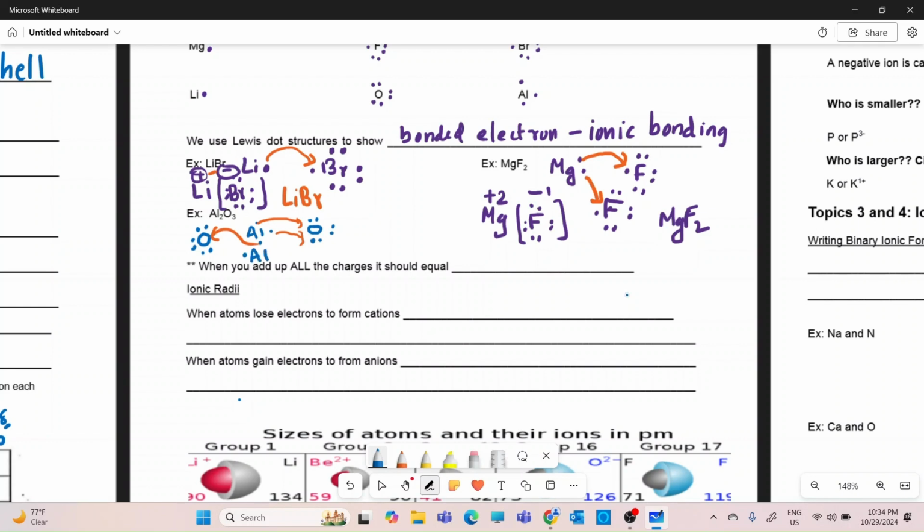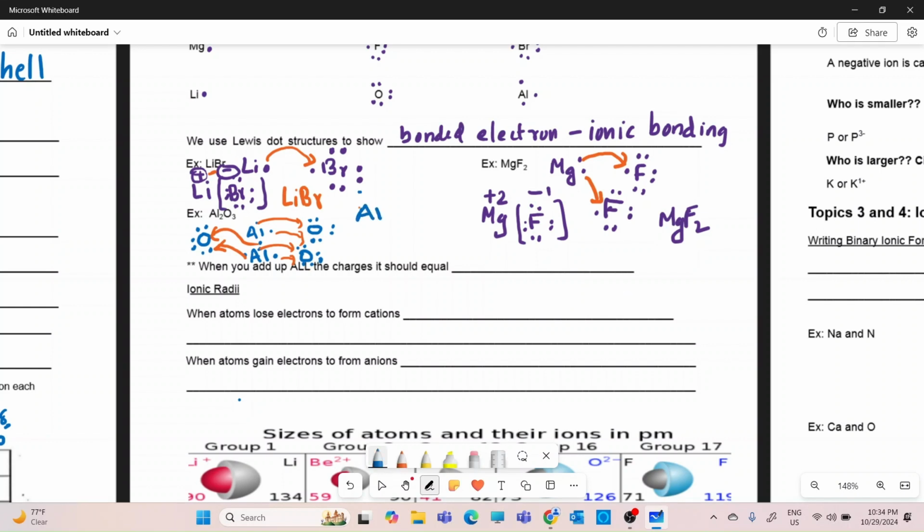which has 1, 2, 3 electrons. So it donates 1 electron to oxygen, so that oxygen is also happy. Now the problem is with this aluminum, which still needs to donate 2 more. So we will add 1 more oxygen, which has 1, 2, 3, 4, 5, 6, and this aluminum donates 2 electrons. So in total we can say there are 2 aluminums and 3 oxygens.